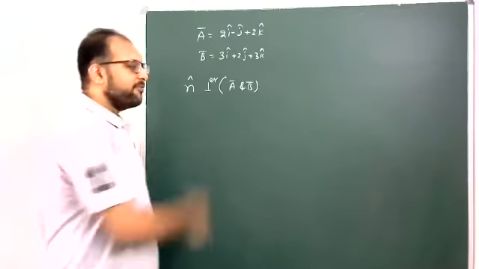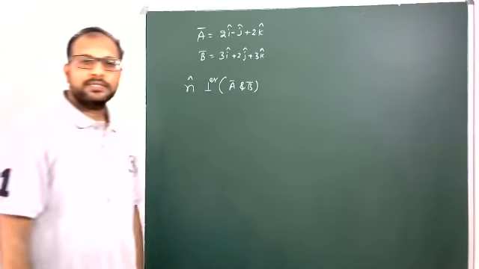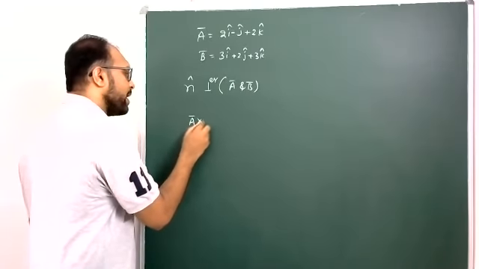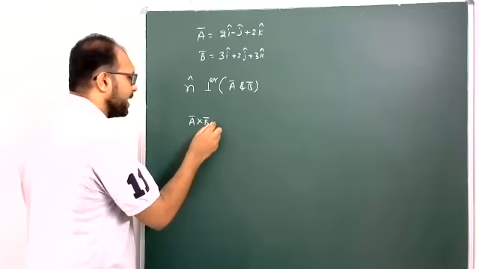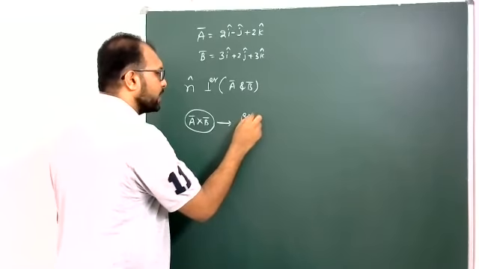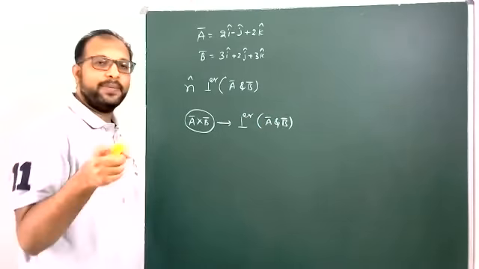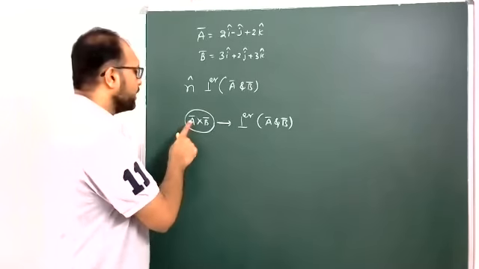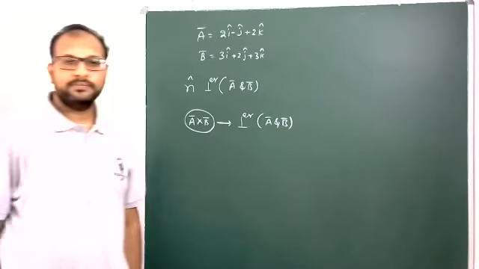So this type of vector we get from the vector product. Because vector product of A bar and B bar, that is A bar cross B bar, this vector is perpendicular to both A bar and B bar. Yesterday clearly completed how to take plane, direction, angles, everything over. So now A bar cross B bar is perpendicular to both A bar and B bar.